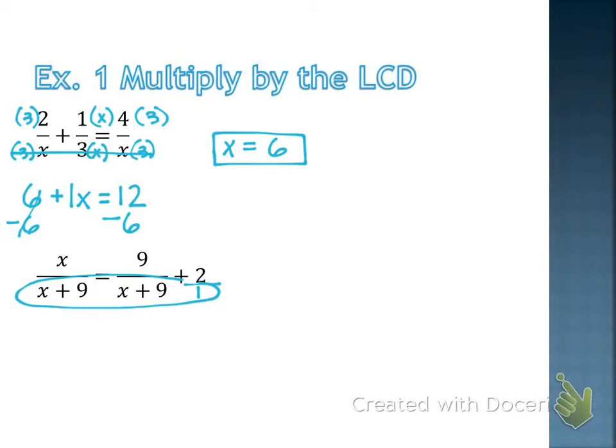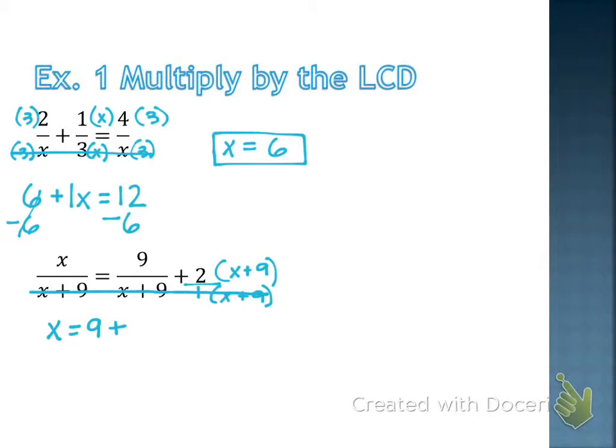What would a good common denominator be? x plus 9. Do I need to do anything to these 2 fractions? Nope, they've already got the common denominator. But what do I have to do to the third fraction? Multiply by x plus 9. Whatever I do to the bottom, I've got to do to the top. Now that I have common denominators, what can I do to those denominators? Cross them out. We don't even need to worry about them anymore. And I have x is equal to 9